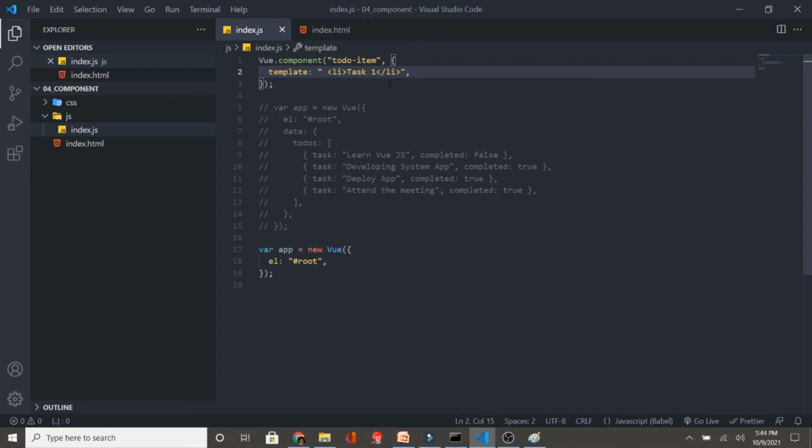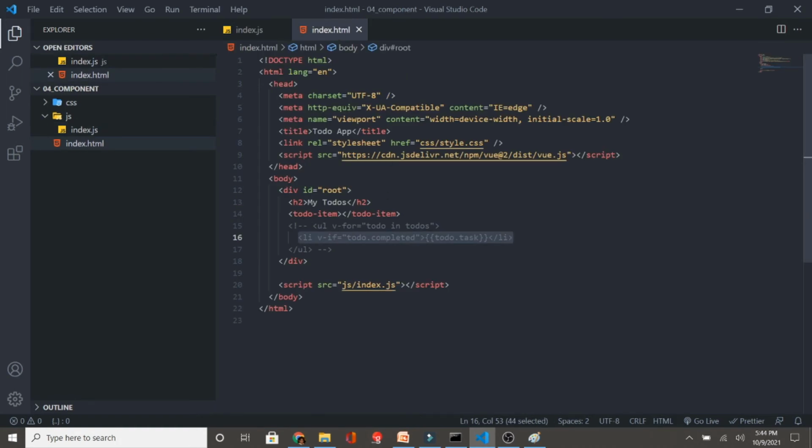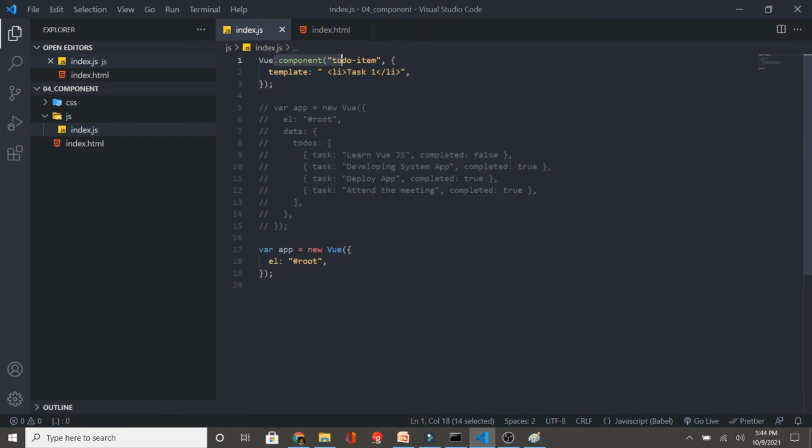Okay, now let us see how you will be dealing with this particular data. Assume that your application will be getting some data from somewhere, from some REST call. Suppose I have a list of to-dos, and you want to pass this list. How will you pass it? These to-dos will be passed from your HTML page. When you send these to-dos from here, one to-do will go at a time into this particular component, right? And from here you will be displaying it.